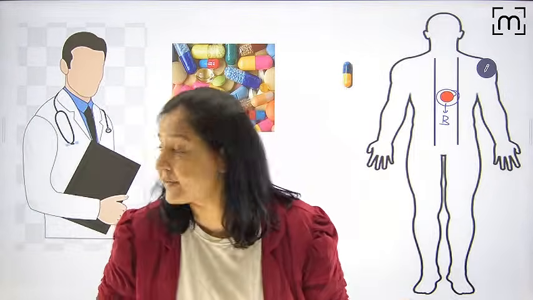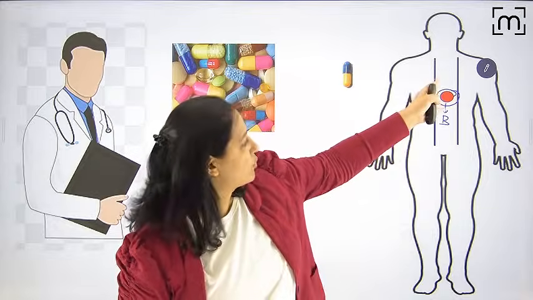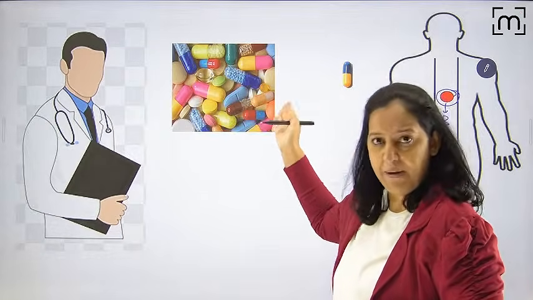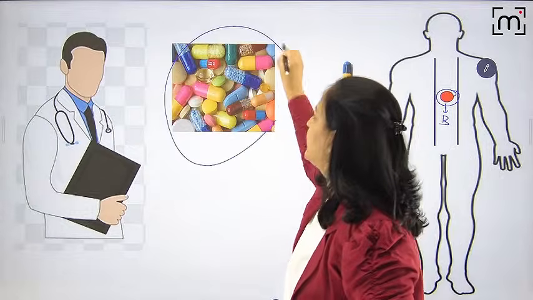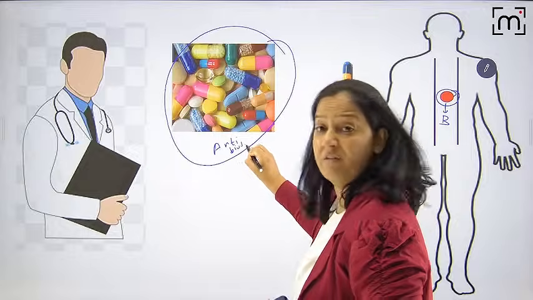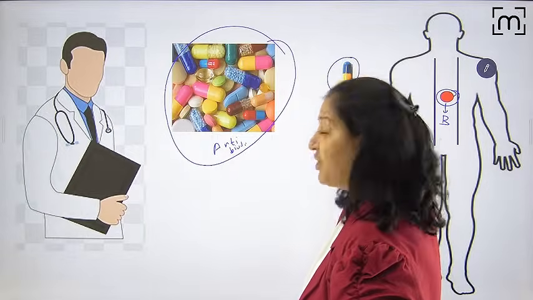Now this patient is coming to me. I am a doctor. What is my ethics? What do I want to do? I want to treat my patient. For treating my patient, I will give the antibiotic. Now I am having a cocktail of antibiotics with me. Which should I give? I want to give the specific drug which hits this organism.